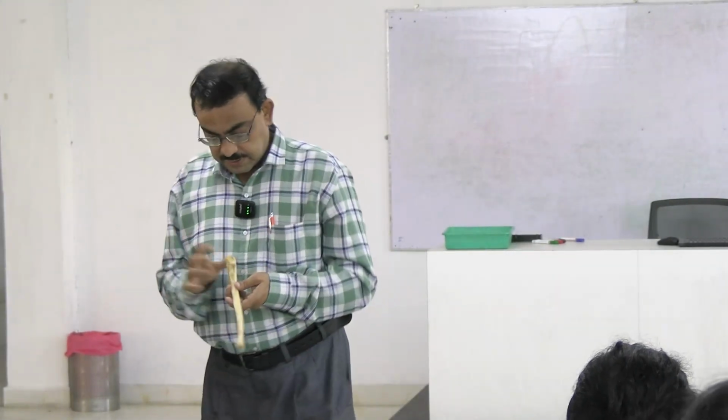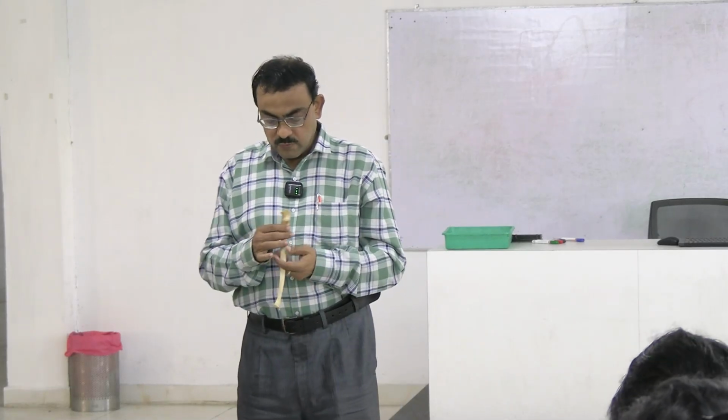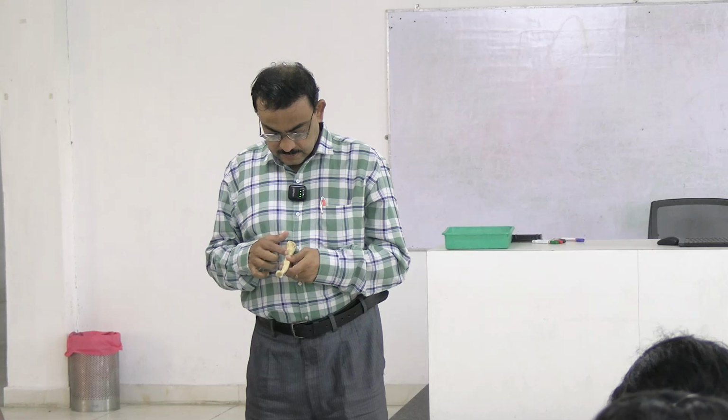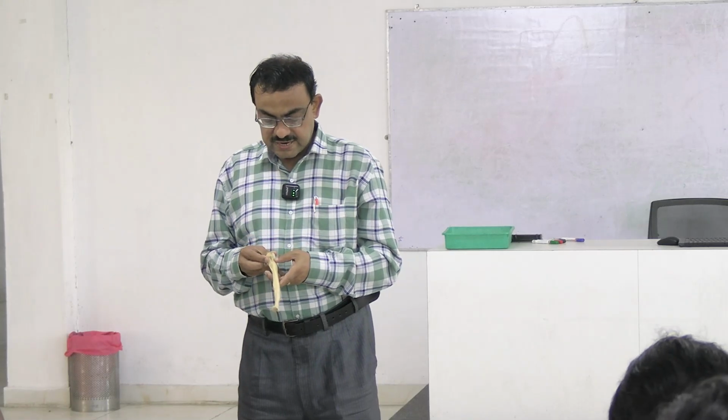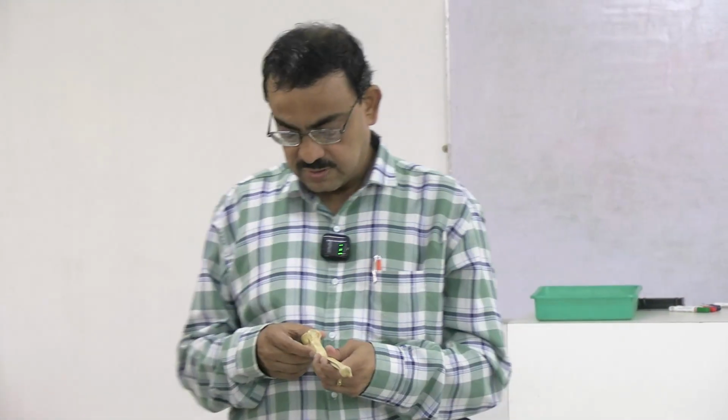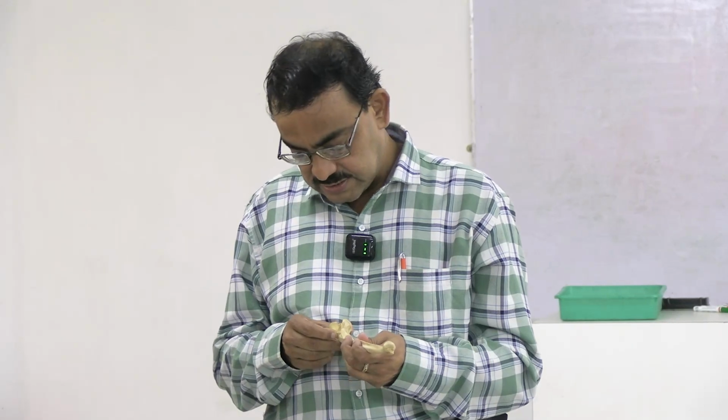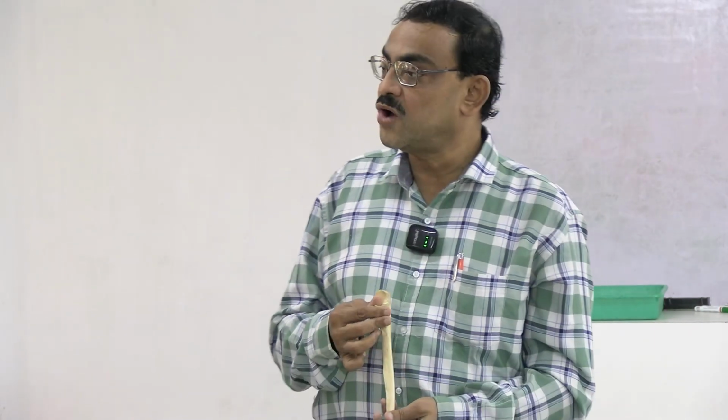So we can see, this is medial side, this is the lateral side, and we can see the supinator crest. Actually it is related to the coronoid process. It's continued above. Okay, now about the coronoid process,